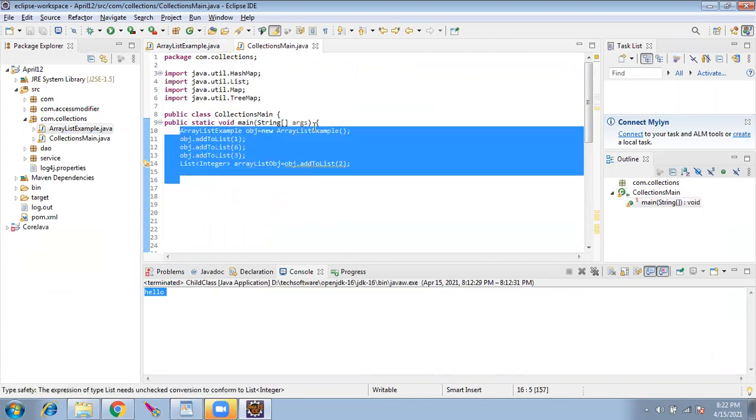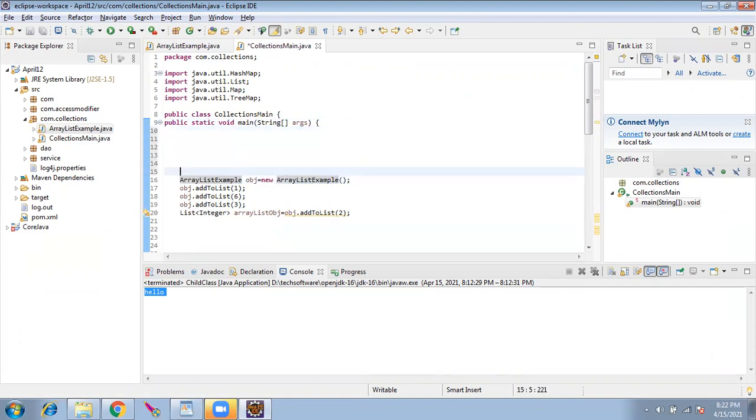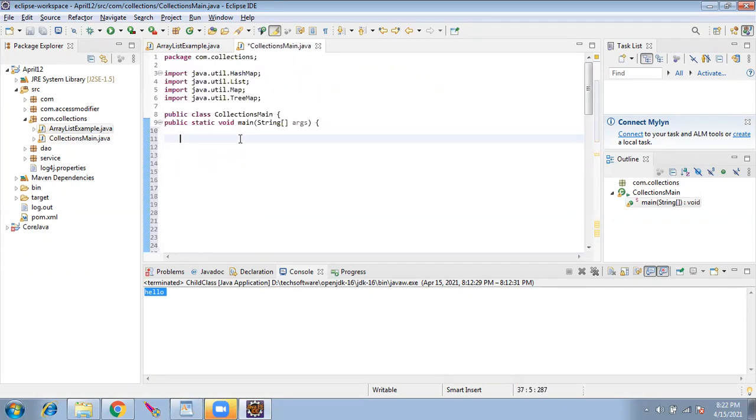Let's not go here. I'll show one basic thing first. I have one main program. Inside the main program, I want to create an object of array list. I want to use array list. So the syntax will be, yesterday I said, interface object name equal to new class.